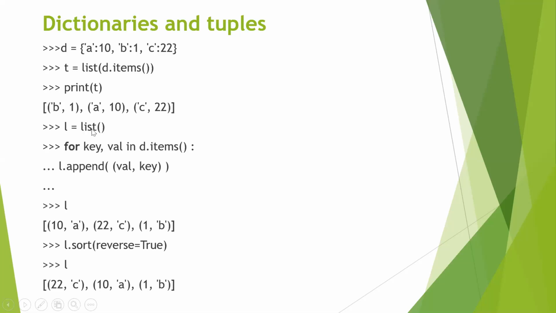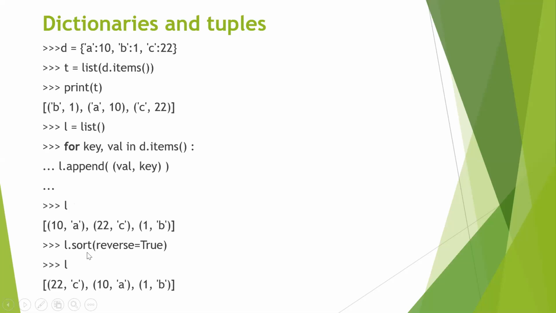Now, since you want to sort it, assume that I want to sort it based on these numbers. I do not want to sort this based on the key. So what do I do? While adding it to the list, when I say L dot append, I add the value first, and then I add the key. The reason is I want to sort the list based on this value. So whatever parameter I want to sort the list on, that parameter should come first. So the value should come first. Now if I try to print the list, it is something like this.